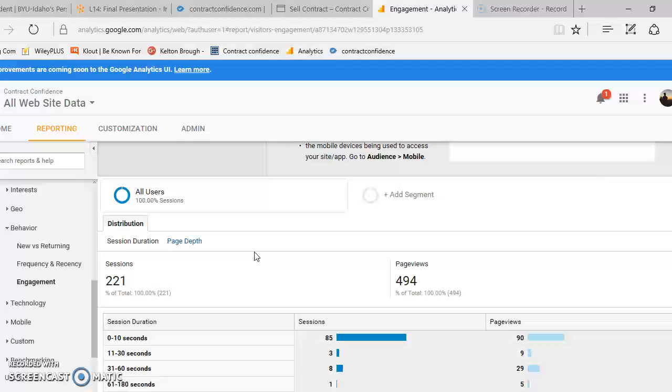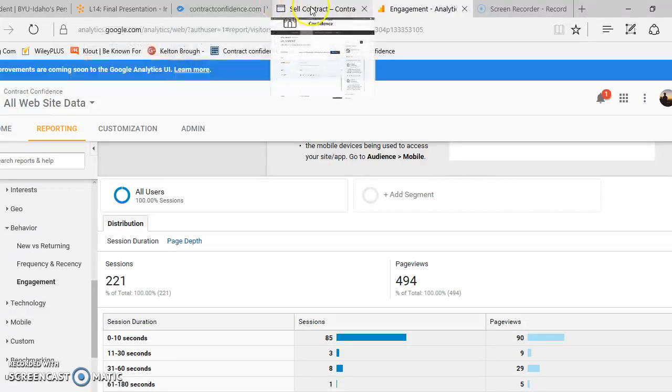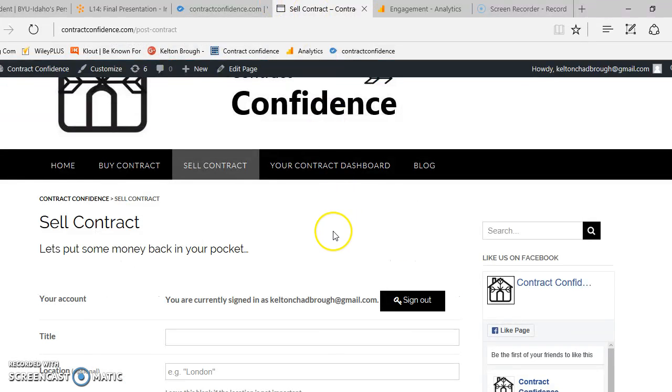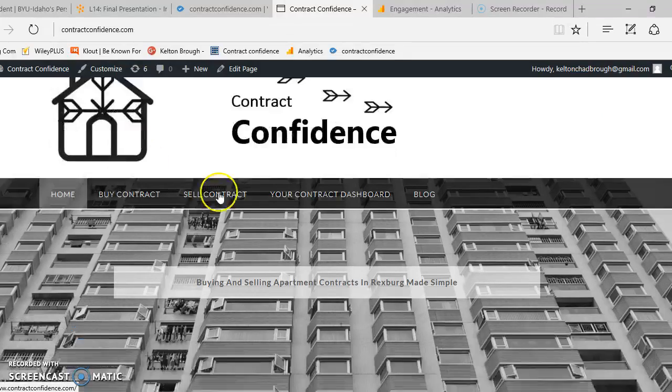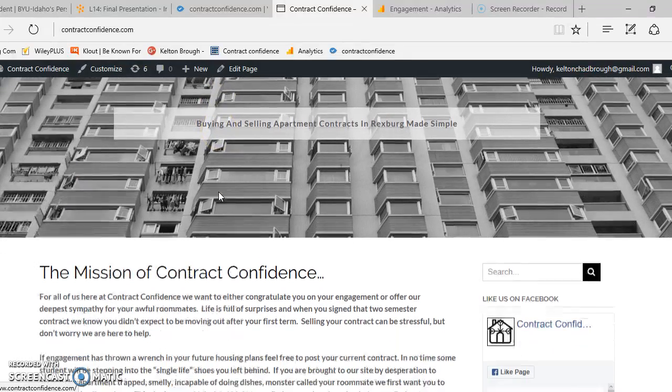It doesn't show on this page, but on one of my pages I can pull up on my phone, it says that most people are searching to buy contracts, not sell contracts. And so that kind of was a problem because no one's going to be able to buy a contract if there's not content. I was hoping that people would sell their contracts on my site, yet most of the people that came to my site were looking to buy contracts. And with only two posted, it didn't work out.